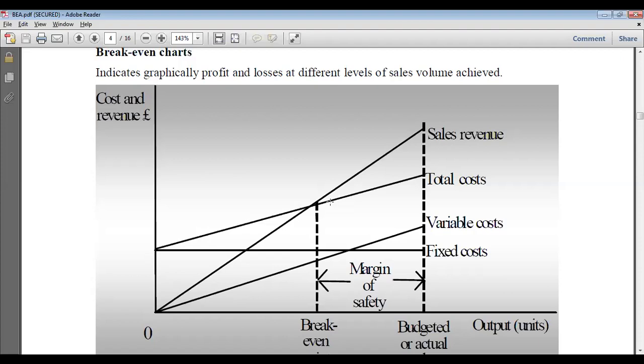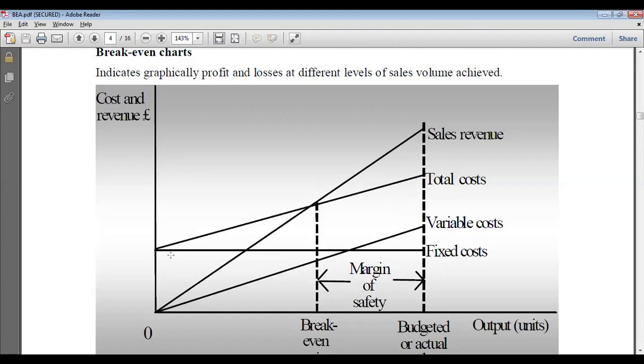So total cost will be varying with the number of parts produced as variable cost, because total cost is a function of variable cost. And when the variable cost is changing, the total cost will also be changing. So this way we will have the gradient of total cost as that of variable cost, because this is directly proportional to the variable cost. So the angle included between total cost and the horizontal line, and variable cost and the horizontal line, will be the same. So these two, total cost and variable cost, are parallel lines.